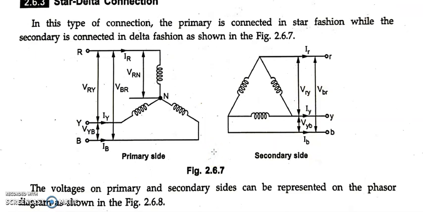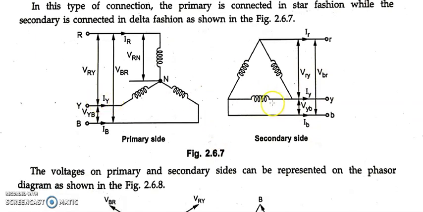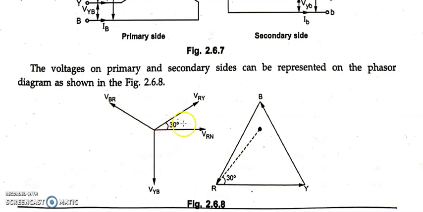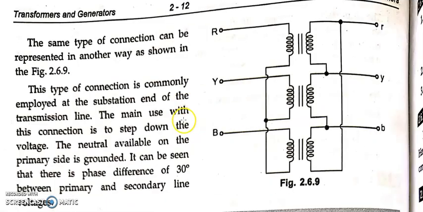Here we are going to see a phase shift of 30 degrees between primary and secondary. If we compare the secondary to the primary, you are going to see a phase shift of 30 degrees. You can see over here, a 30 degree phase shift. The connection is all the same. First, the primary is in star connection, because as you can see, three winding ends are shorted here and the other three ends are given to the supply. You can see the three windings in the secondary are in the form of a triangle shape. Each end is brought outside, so that the secondary side R, Y, B comes out of this.